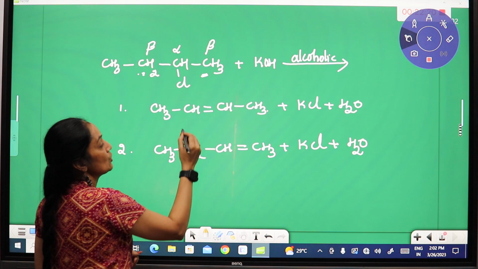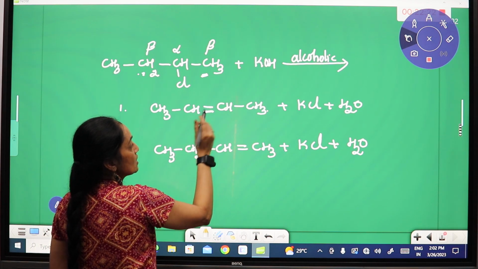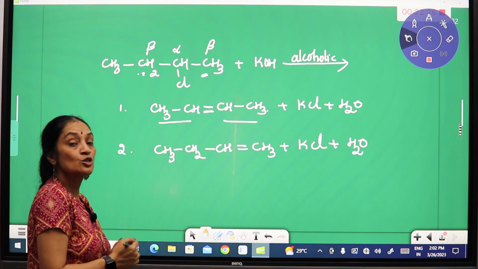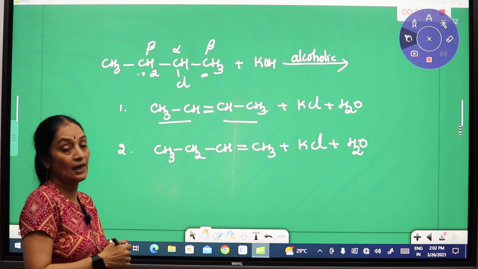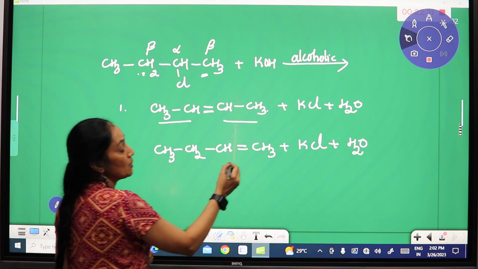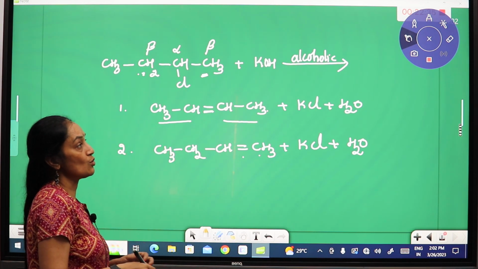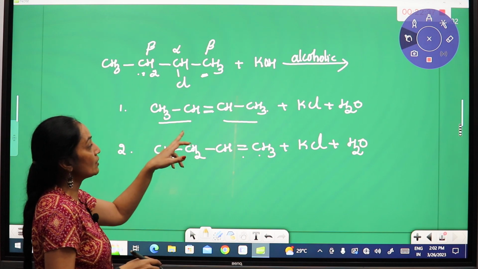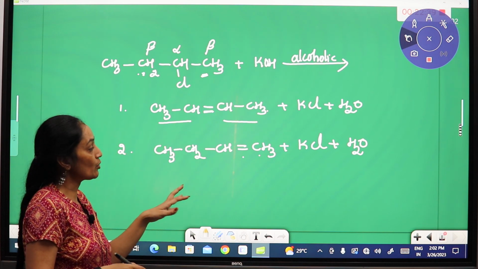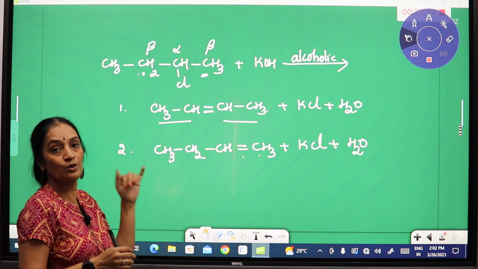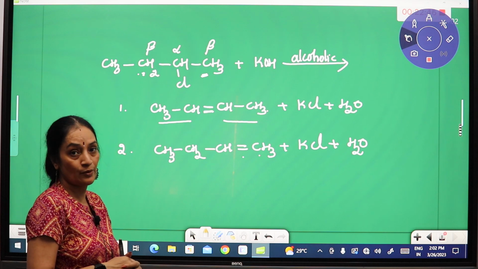See, you can see here the double bond is bonded by 2 carbon atoms from here and 2 carbon atoms from here, so it is highly stable, whereas the double bond is immediately at the next carbon atom, which is least stable. So we say that product 1 is of a higher percentage and product 2 is a minor product. The first one will be the major product, the second one will be the minor product.